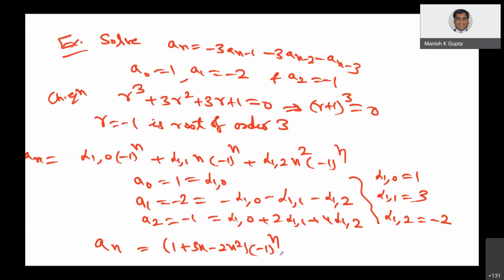Okay, so this is all about homogeneous recurrence relations. Now if you recall from your calculus class, if we are solving a differential equation with constant coefficients which is homogeneous, we solve the characteristic equation, find the characteristic roots of the characteristic equation, and find the solution. So this is what we have done for the recurrence relation as well.